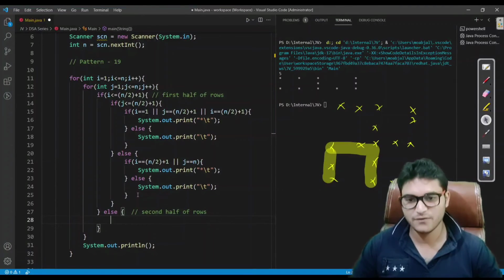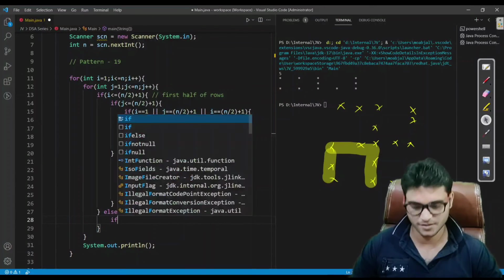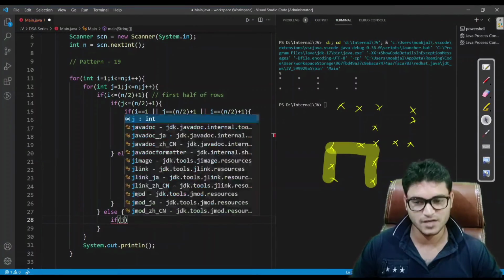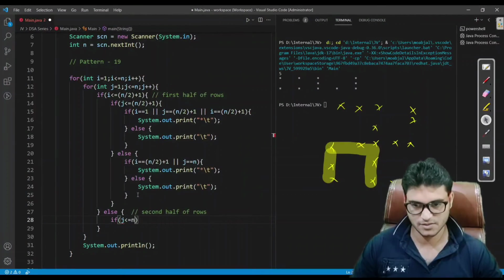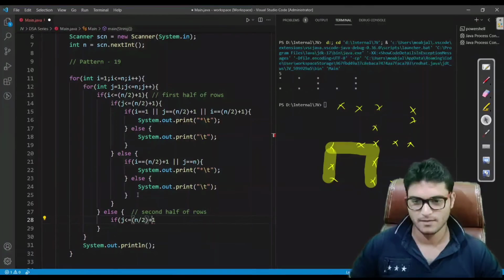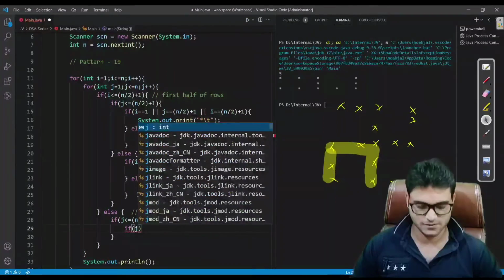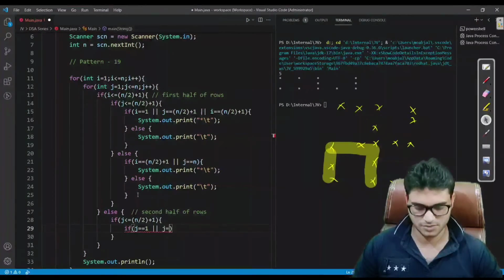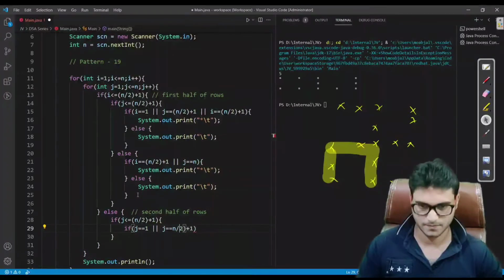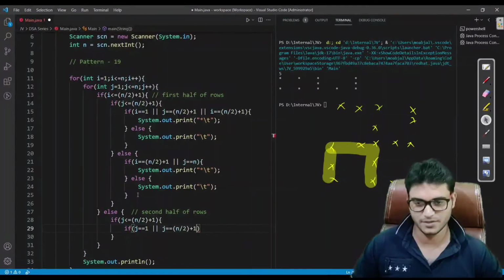Fine. So if we are in the second half, then we have to check if we are in the first half of the column section. J is less or equal to n by 2 plus 1. Don't forget to write n plus 1. Then in the first half, if our j is 1 or j is n by 2 plus 1, then we have to print it.